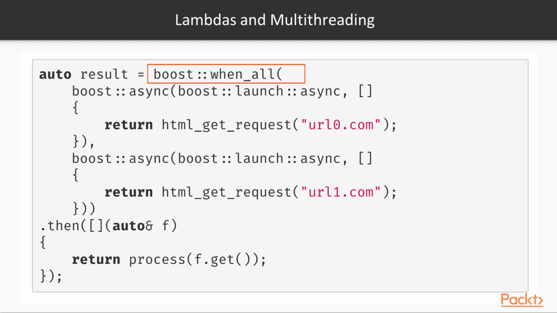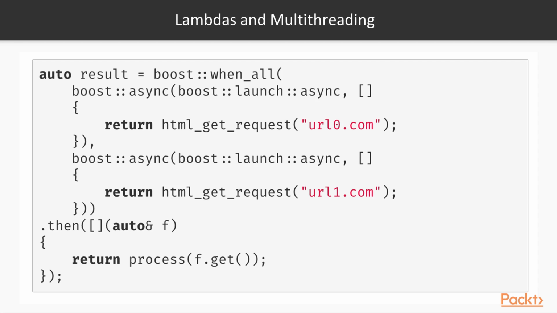There is another utility called boost::when_all that, given any amount of futures, in this case spawned with async, will execute them in parallel, and only when all of them are finished, it will then continue on to the .then continuation. So as you can see, you can create some sort of really complicated pipeline where you have multiple things depending on each other, but it will always try to execute as many things in parallel as possible,